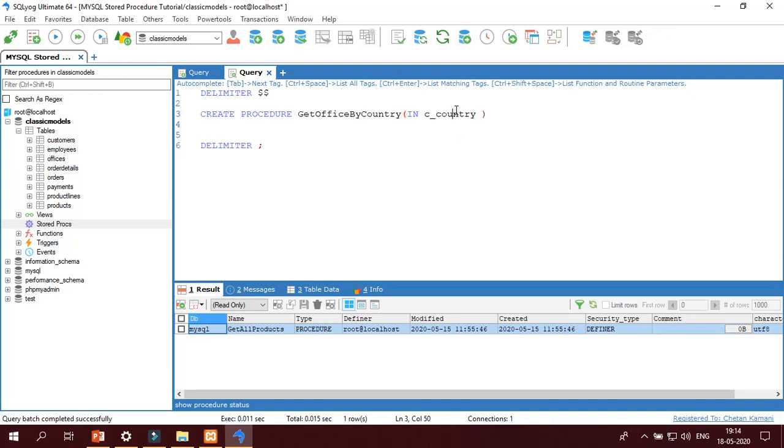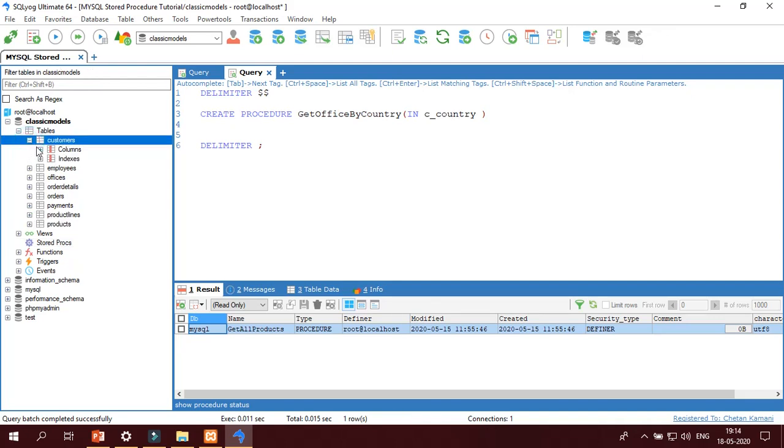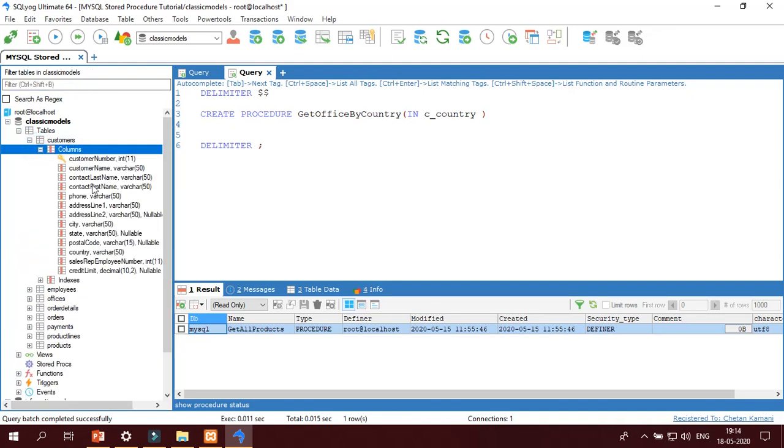Then the data type. The data type of this parameter must be the same as the column's data type. If the column is varchar 50, it must be varchar 50 or more, that is varchar 60, 70, 80.